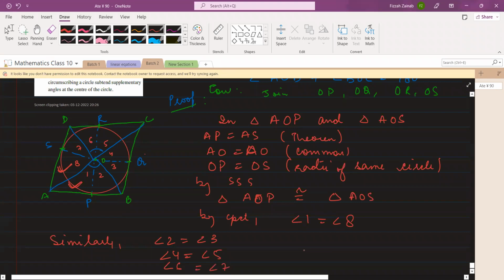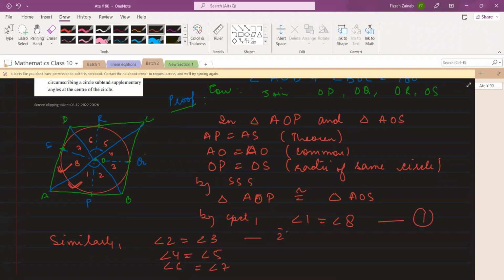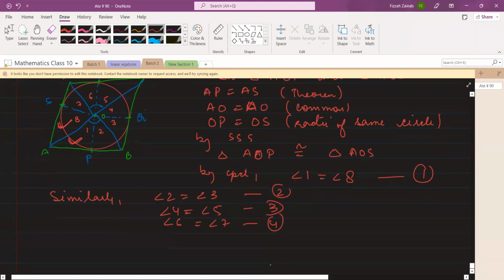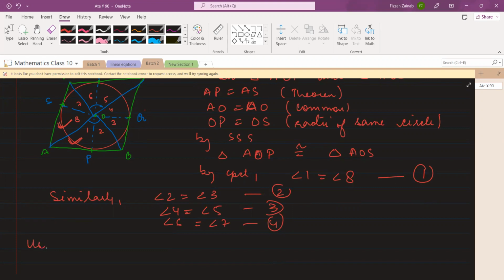So mark them 1, 2, 3, and 4. No, I'm not adding them, just mark them 1, 2, 3, 4. If I just add all the angles, the sum has to be 360 degrees, that I'm using here. So you can say using angle sum property